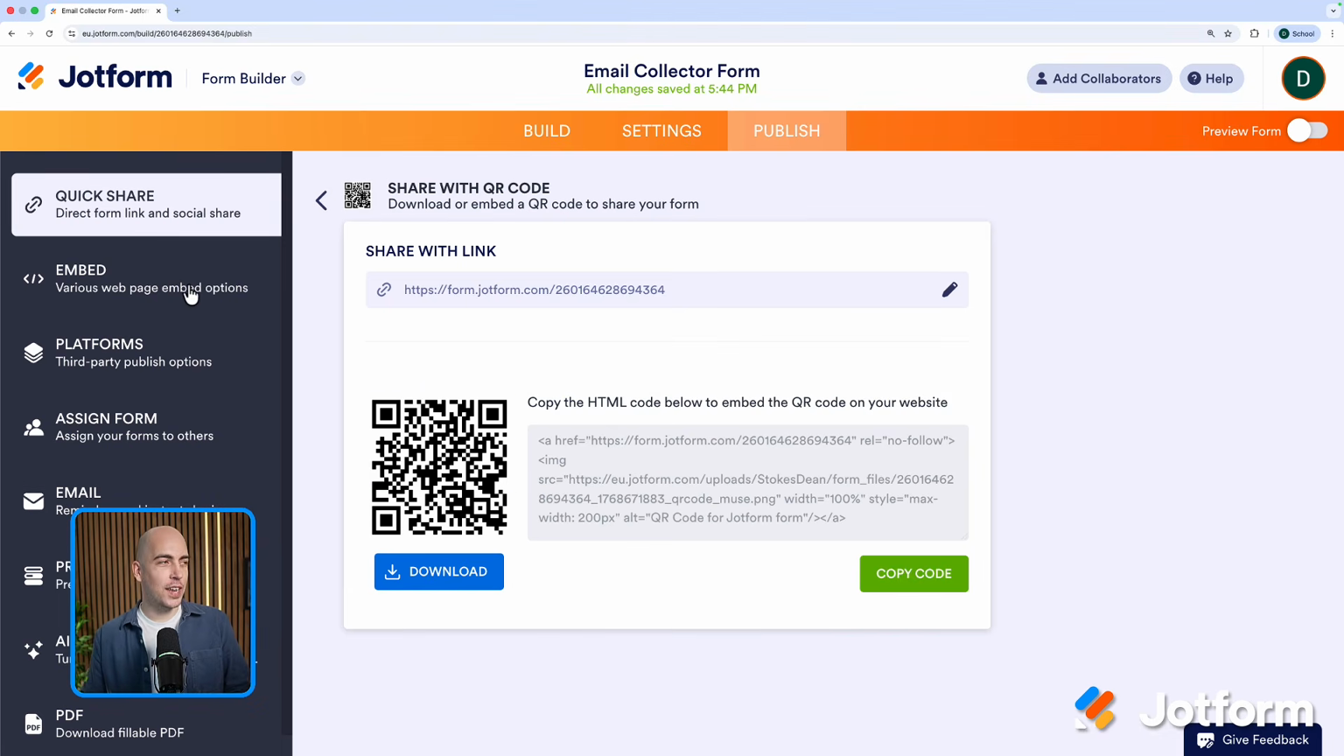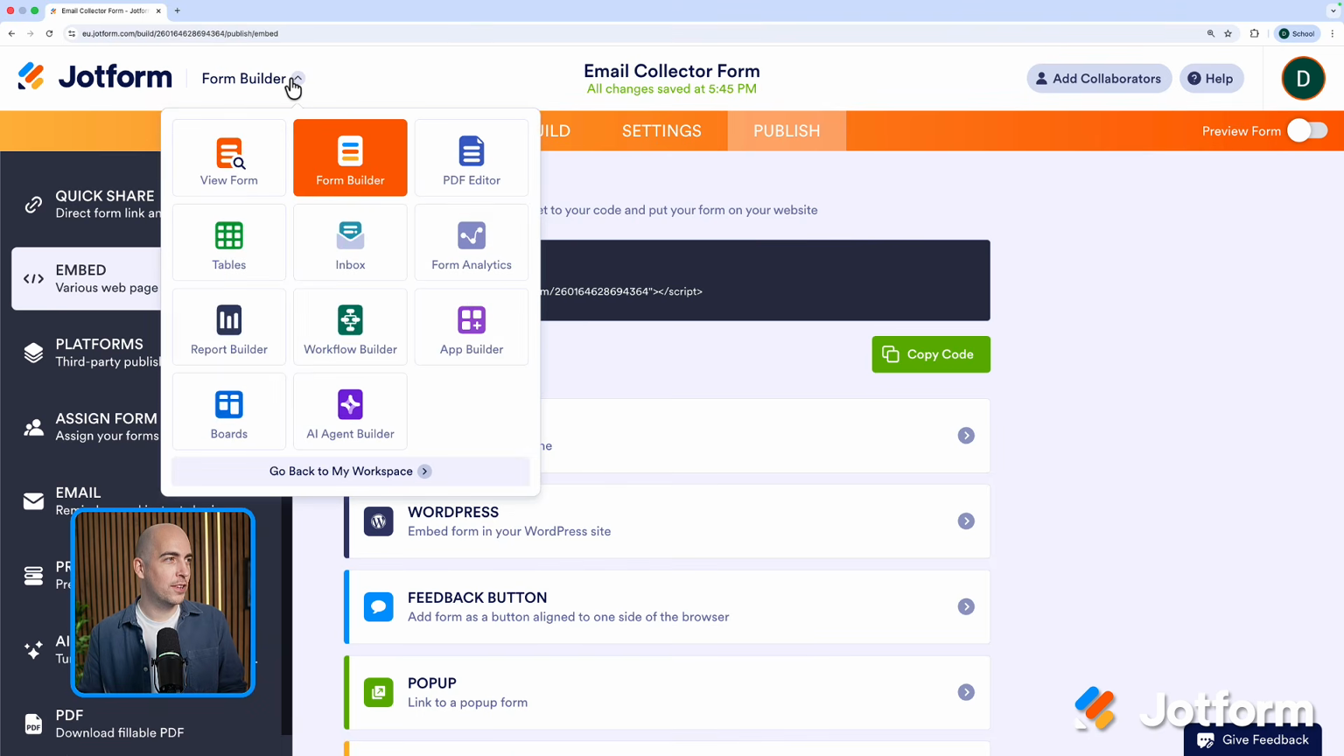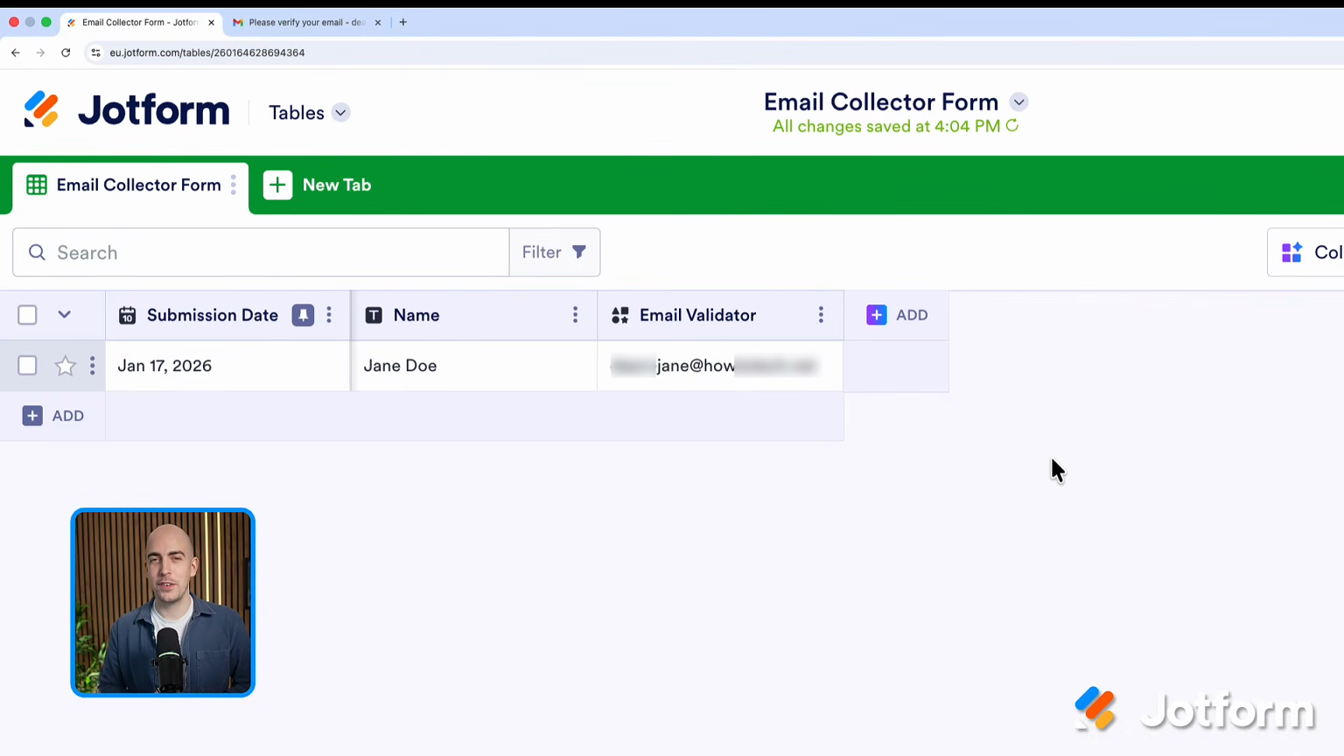There are also options on the left-hand side here to embed this into your own website, so the form just appears on your page. And once you've sent it out and people start filling it out, you can click up at the top here where it says Form Builder and go to Tables. And in Tables, you'll see all of the responses coming through as people complete it. So there you have it, a super quick way to collect email addresses and